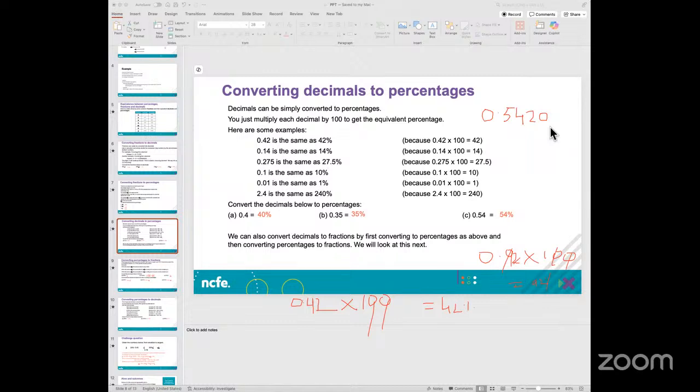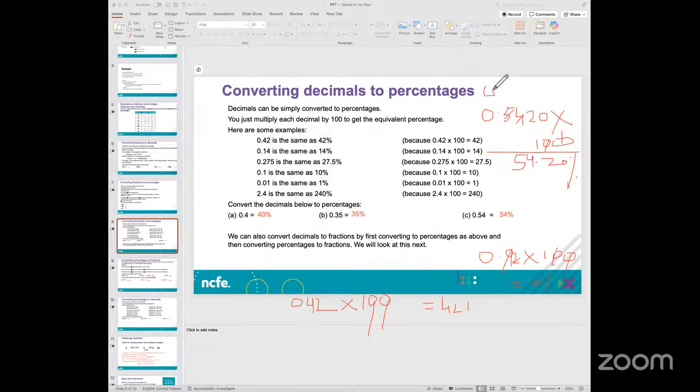How would I convert this into a percentage? You'll follow the same formula. You'll multiply this by 100. Very, very simple. But because you're talking about percentage and there are four numbers here, you cancel out 10 with 1, 10 with 1. So this will become 54.20%. Rest of the decimal will let it remain like that. But when you express it as a percentage, this will become 54.20.